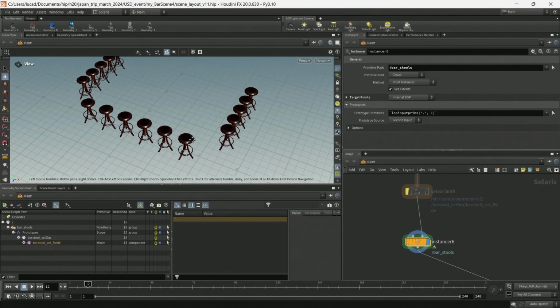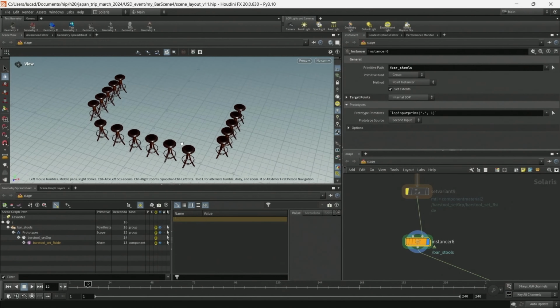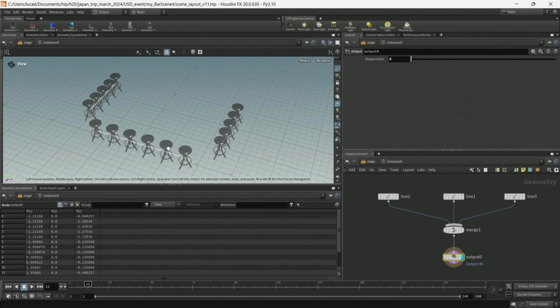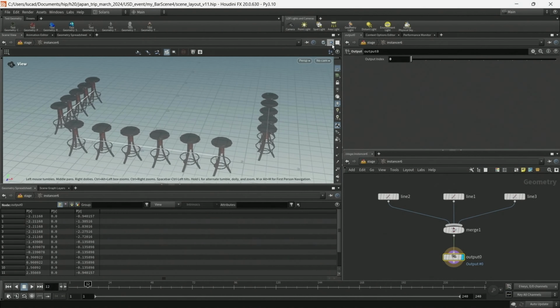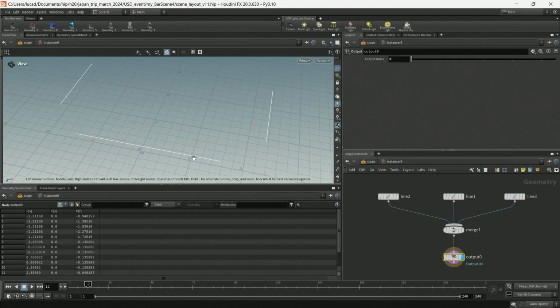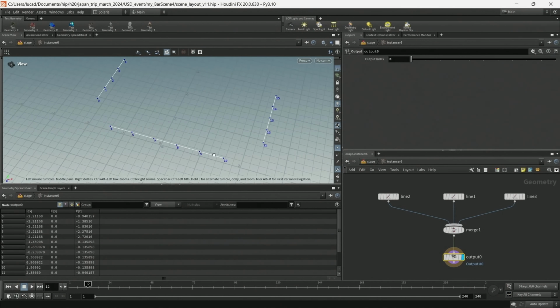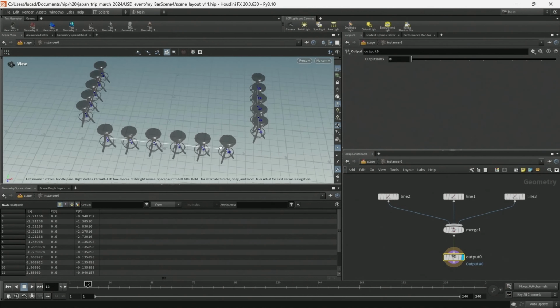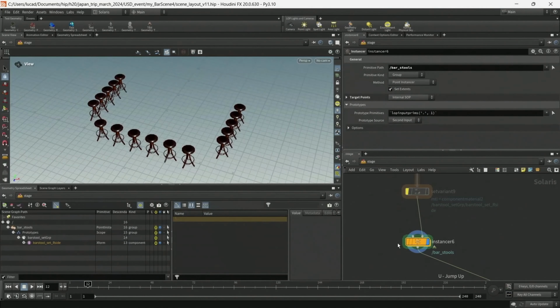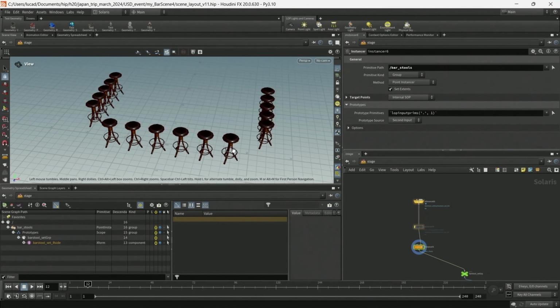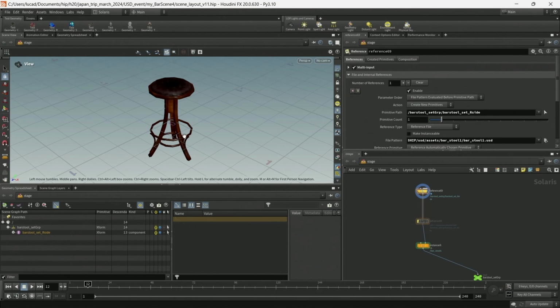Here I'm creating a series of lines, and instances will appear on each of the points on the lines.